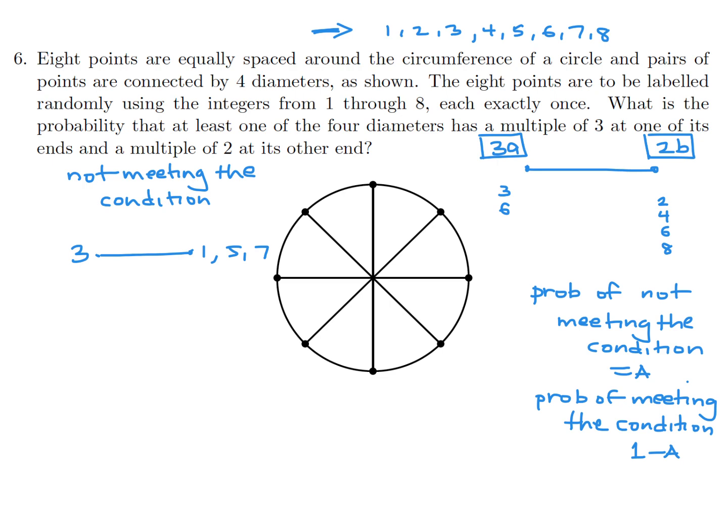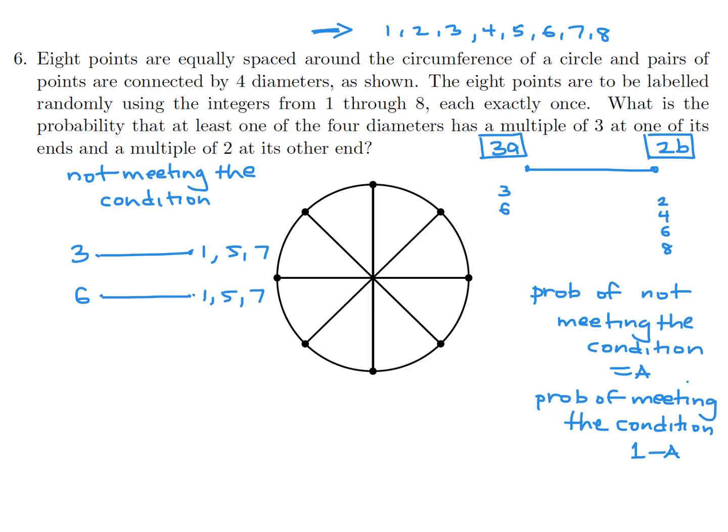Another is if you had a 6 and then you had something on the other end that's not a multiple of 2. So again, the 1, 5, 7 scenario. Either 1 or a 5 or a 7. So now let's talk about these. For each of these, what is the number of cases? Well, for the 3,